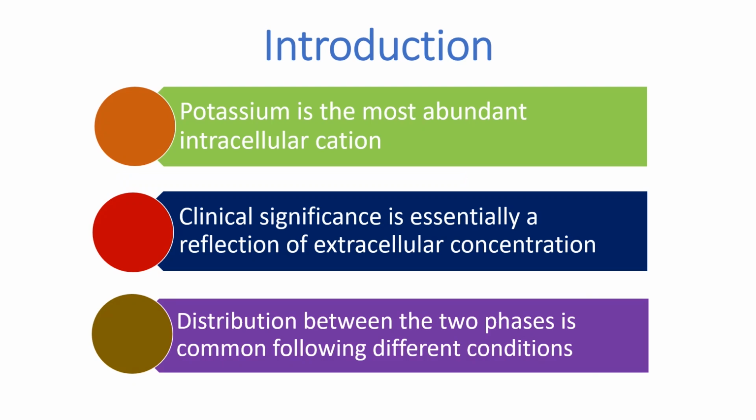Potassium is one of the most important positive ions in the body. It can be present either within the cell or outside of the cell, but it is mostly found within the cell alongside other important positive ions like sodium, calcium, magnesium, and hydrogen ions. But amongst all of these, potassium is the most abundant intracellular cation. As much as about 98% of all body potassium is found within the cell.